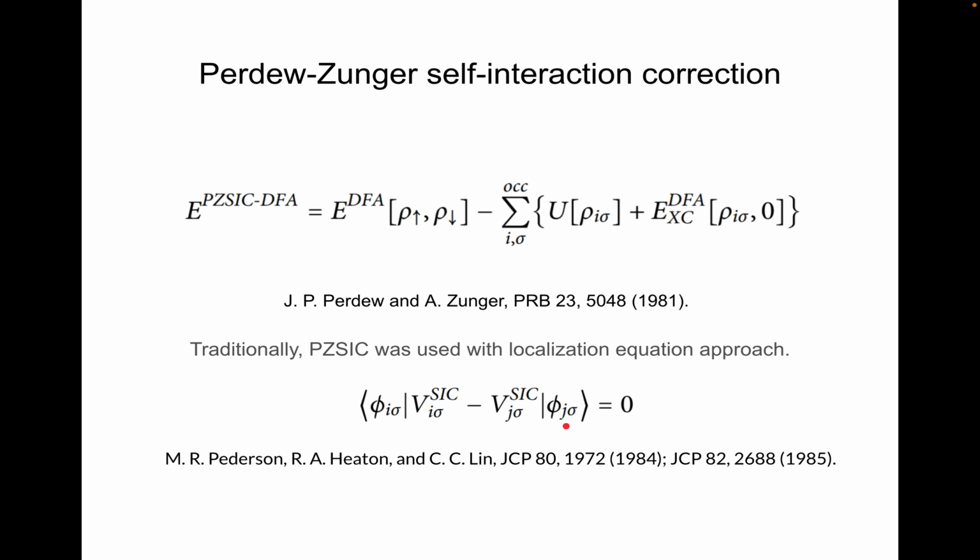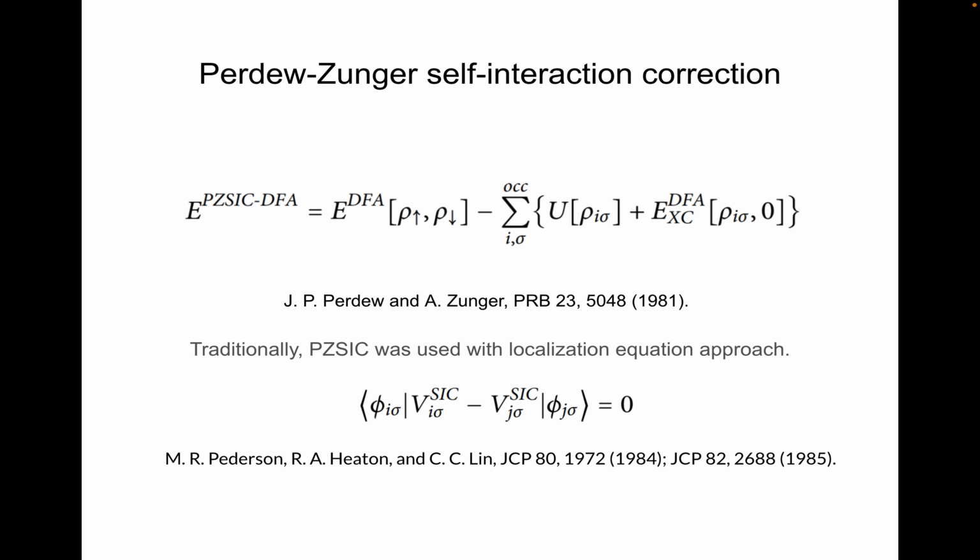And the orbital obtained this way minimizes the Perdew-Zunger SIC energy functional. That's the localization equation approach. Using the local orbital with the PZ-SIC has advantages, one of which is the size extensivity, and also you need it for